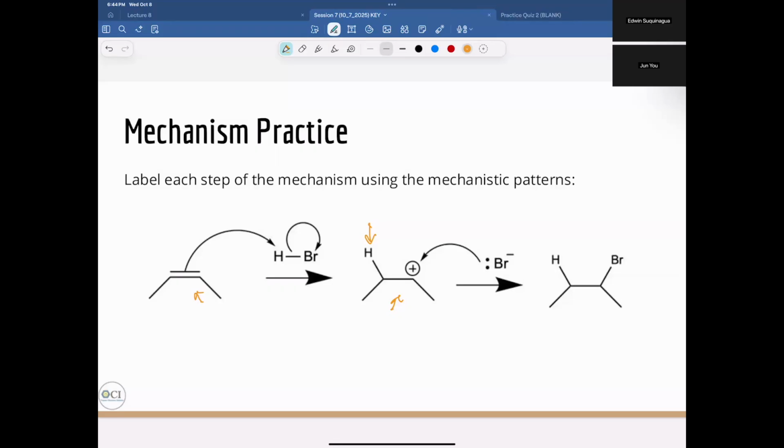Hydrogens are very commonly called protons because a hydrogen has one proton and one electron. So when a hydrogen loses its one electron and becomes like an H plus, that's just the proton. So hydrogens are commonly called protons. People often call them protons, but don't really explain why. That's why. And then in the second step, we see that the bromine with a negative charge is going towards